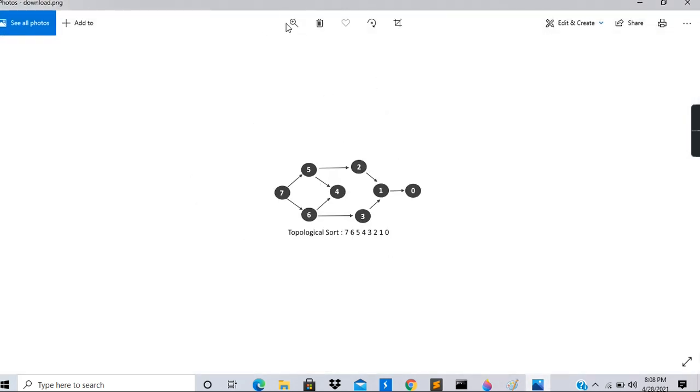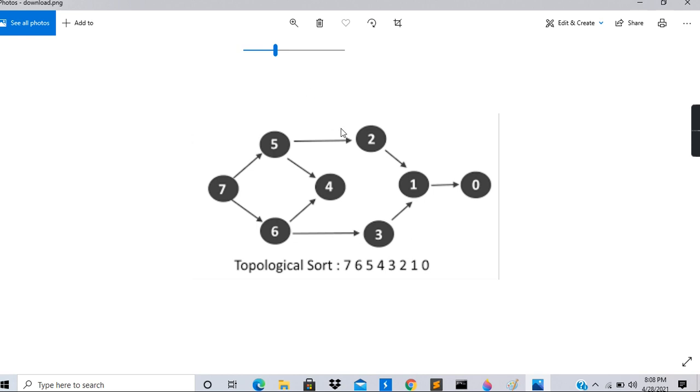Here in this graph also the topological sorting has been mentioned. It can be clearly understood that to reach node 0 you need to reach node 1, that's why 1 comes before 0. To reach node 1 you have to reach 2 or 3, either one of them, so 2 and 3 are strictly before 1. Similarly, to reach 5 and 6 you have to reach 7, and that's why 7 strictly comes before all of these. So topological ordering basically defines the sequence in which things appear.